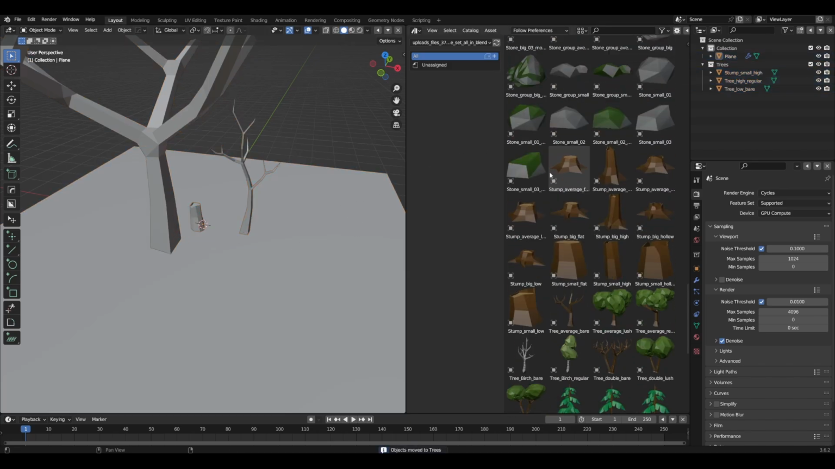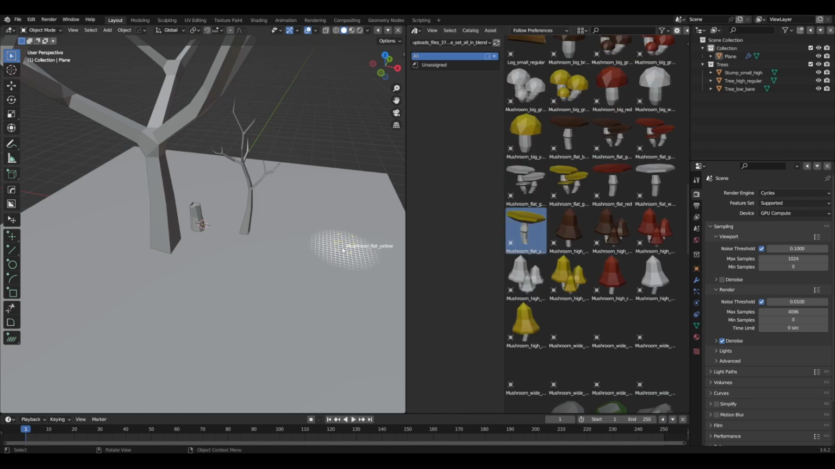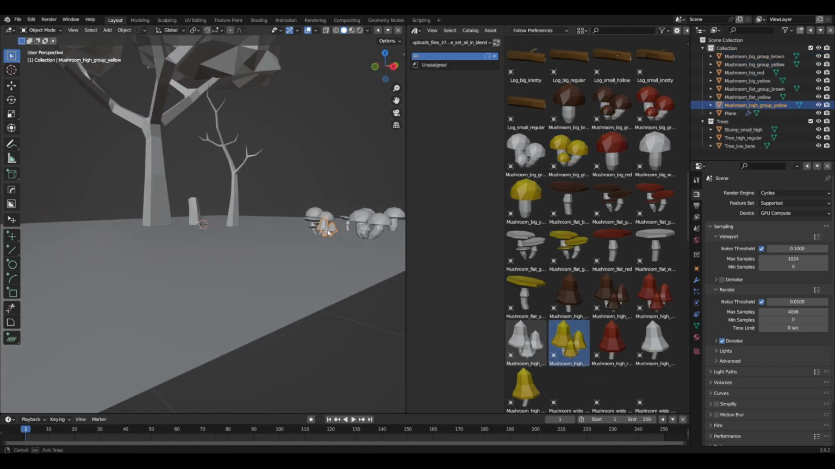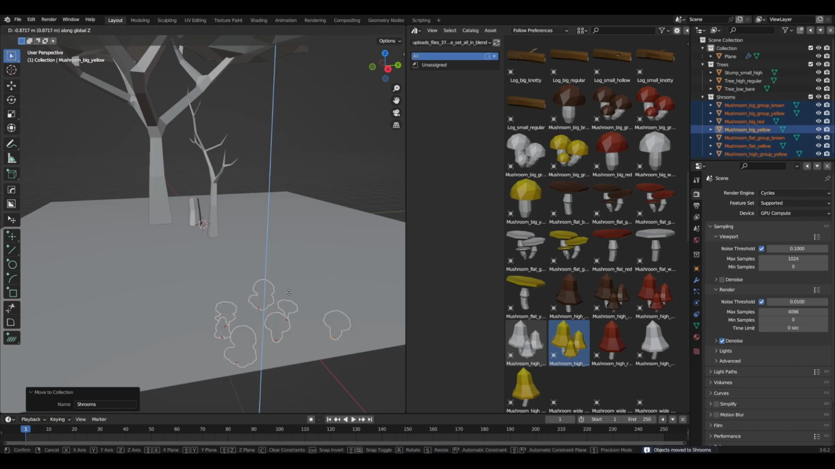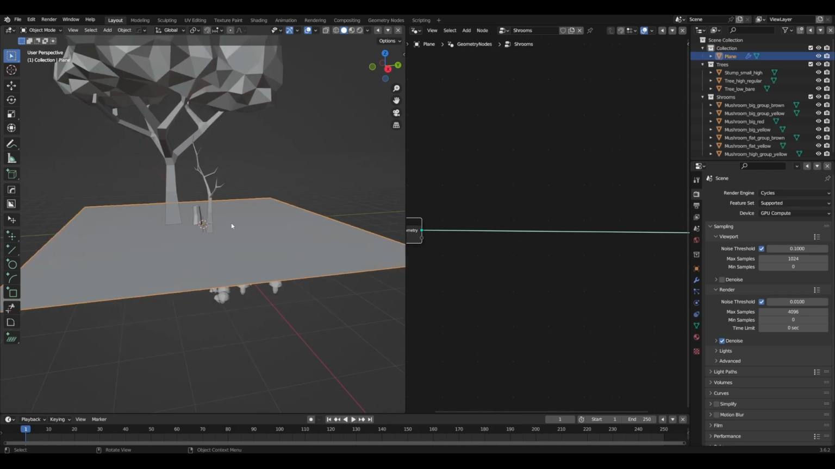And now we need to bring in the mushrooms. So here are my mushrooms, and these are going to be my mushrooms. Select them all. We are going to put them in a new collection called shrooms, and we're going to hide them below the world. Now in geometry nodes, back on the plane,